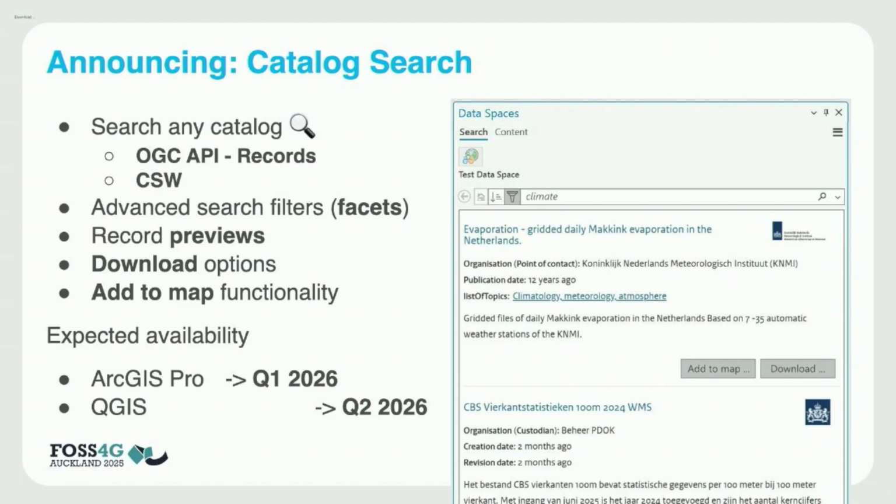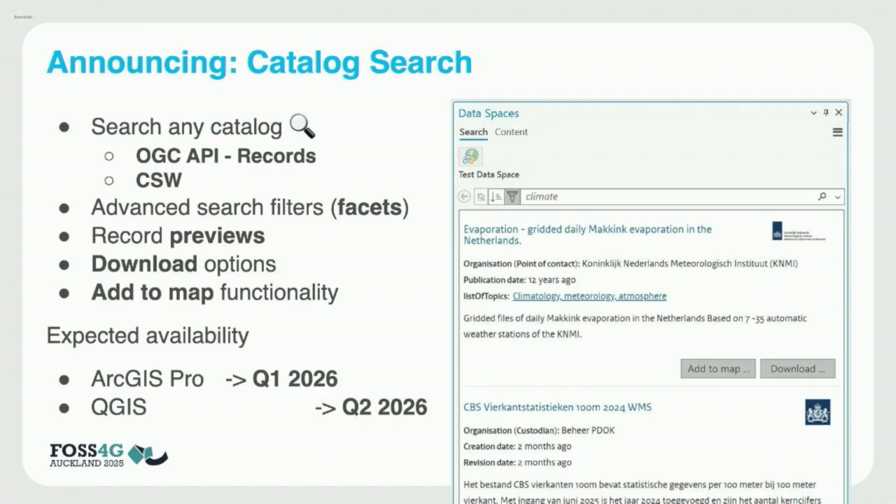So the catalog search, this is a preview of what it would look like. You would be able to search any type of catalog as long as they support OGC API Records, CSW, probably STAC could be one of those that we would also browse through. You have advanced filters, what we call facets. So if you hit the filter button, it would expand and show you different types of search criteria,